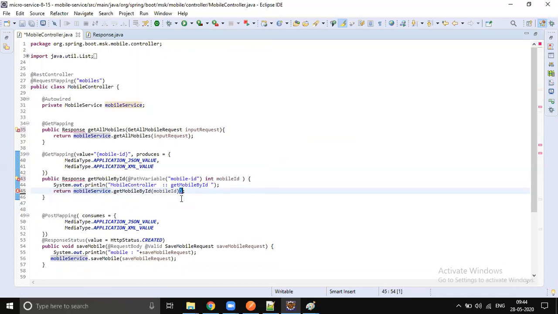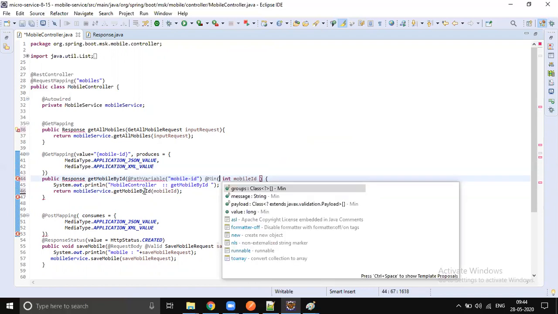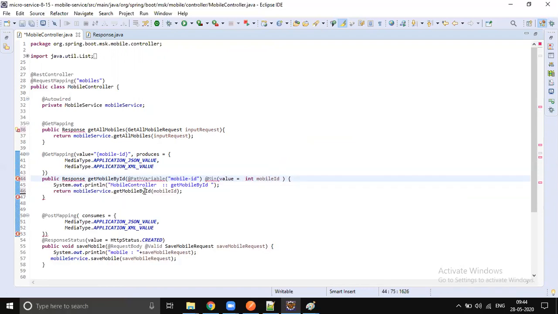The kind of check we would like to do, let's do with @Min and give some message. What is the minimum value allowed here? 1.